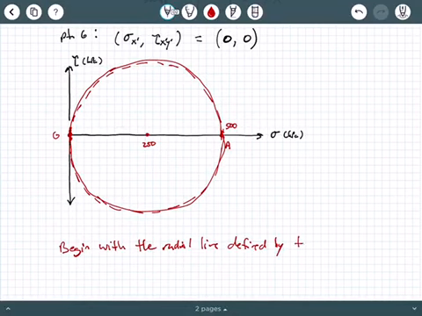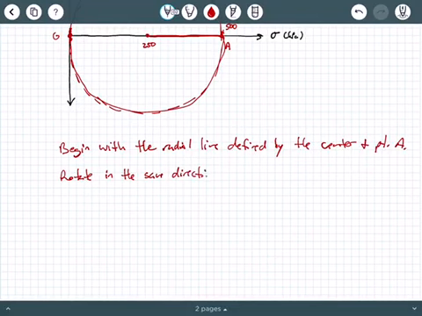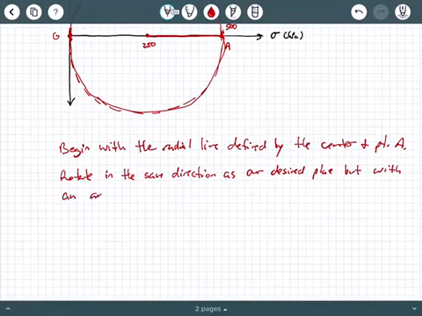You start along the horizontal radial line from the center to point A. We're going to begin with the radial line defined by the center and point A. So that's this line right here. And then what we do is we rotate